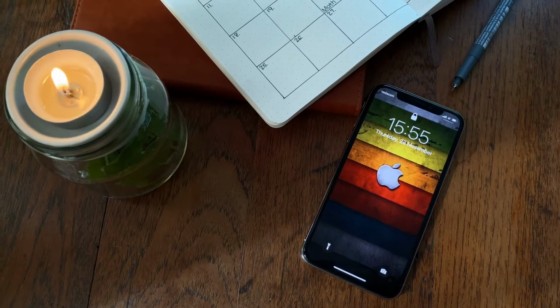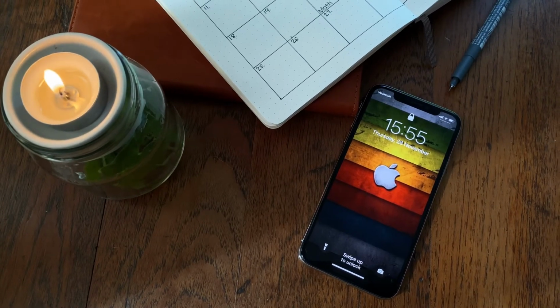You also have a True Tone display, which can be really nice to protect your eyes and whatnot. So True Tone is also very beneficial, I think. And it has 3D touch, and this goes along with software actually, but 3D touch is on this phone. Now with iOS 13, it's a bit different. So it was designed to use 3D touch, but with iOS 13's Force Touch, it is a bit different, like I said, but